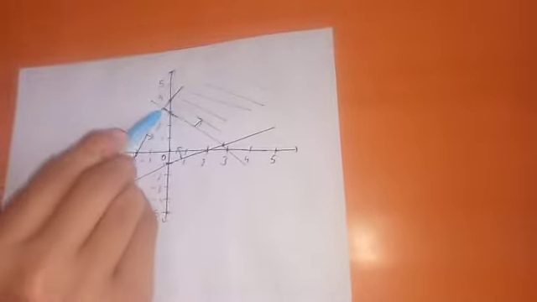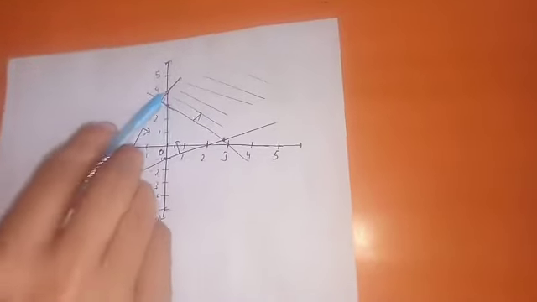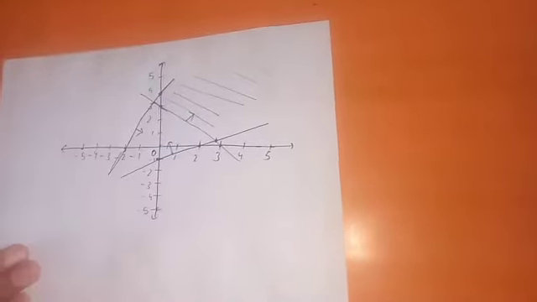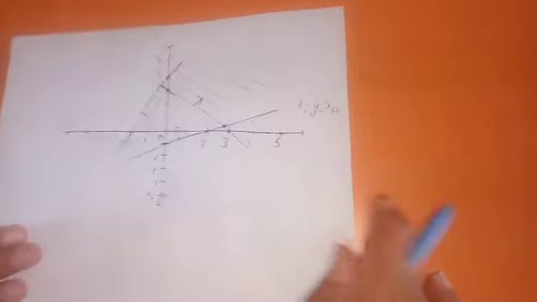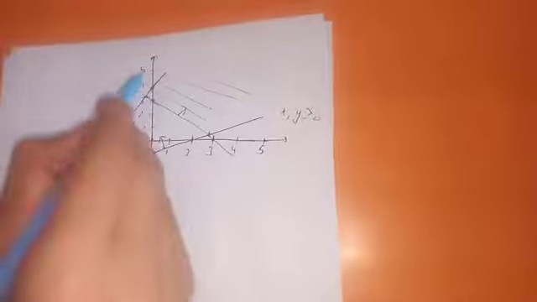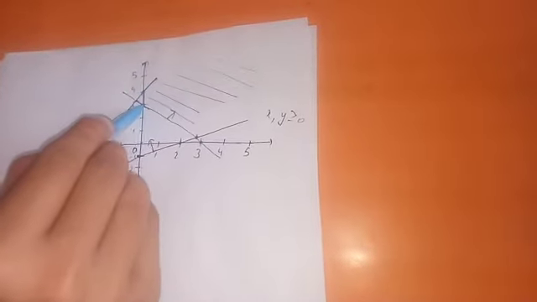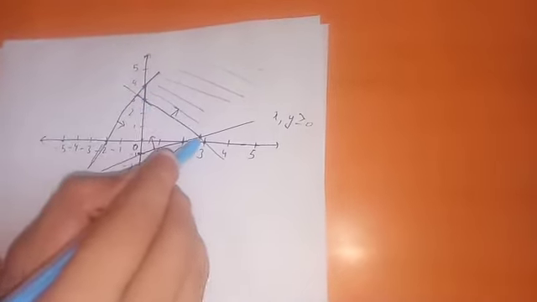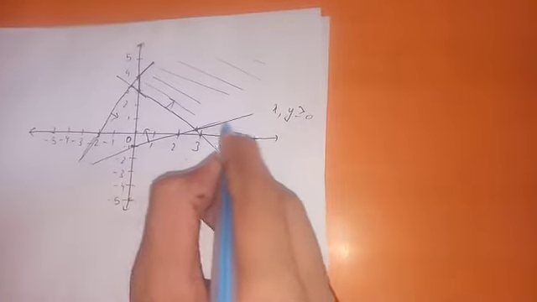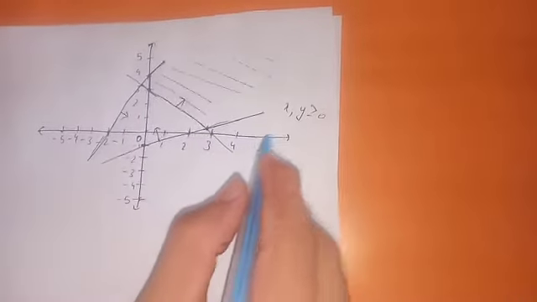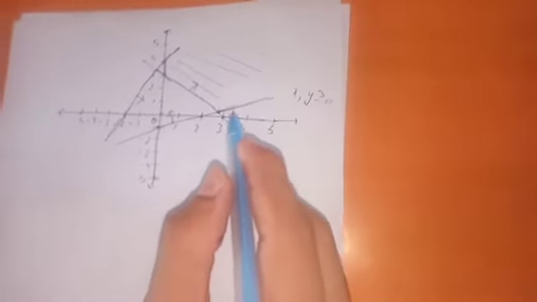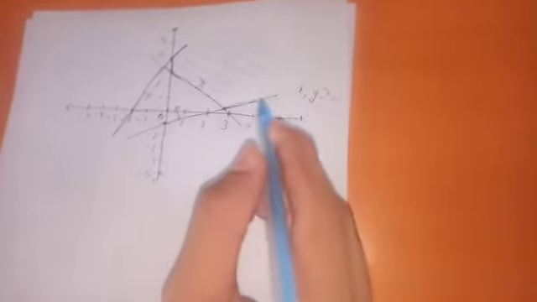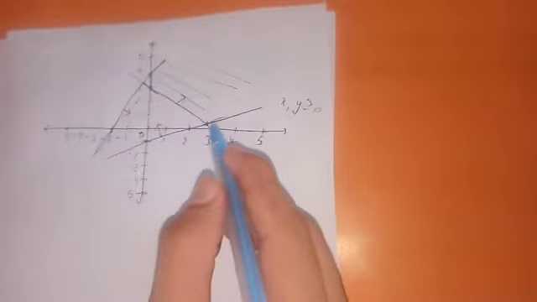Now we are not taking this as our corner point. We are taking this. Why? Because one of our constraints was that x and y must be greater than or equal to 0. Okay, so this is our feasible region, and you can see that it is unbounded, means one corner point is missing from there. So first of all we will find values of these three.